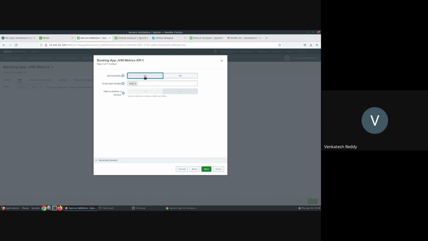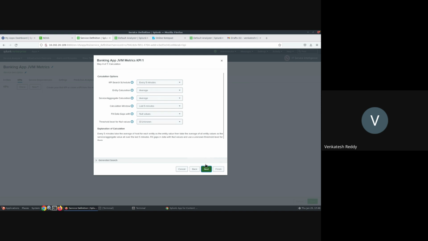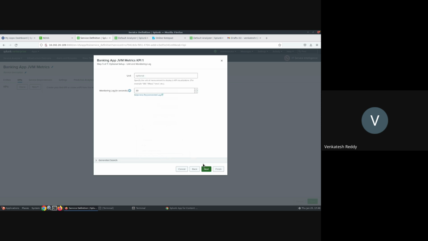And you can split by host, and if you want, you can filter the entities by in service and click next. And you can choose how to calculate that CPU percentage for every 5 minutes or every minute: an average, max, count, median, standard deviation, or the latest. And if you want, you can fill the gaps and then click next.